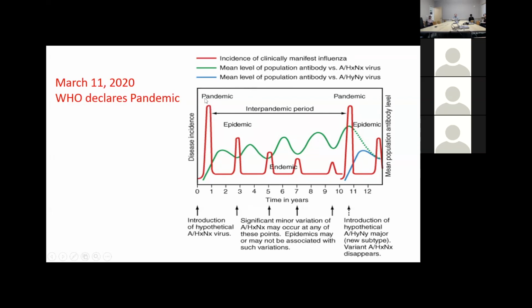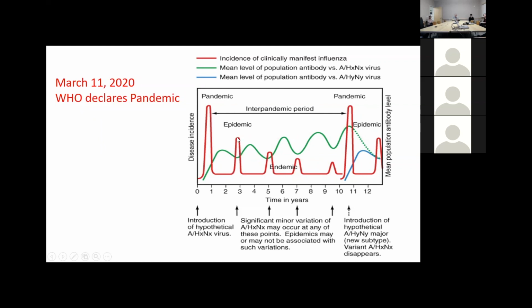Okay, so this slide I actually took from an influenza talk, but this is applicable to really any new virus or new strain of virus that enters into a population or community. So as the cases decline,